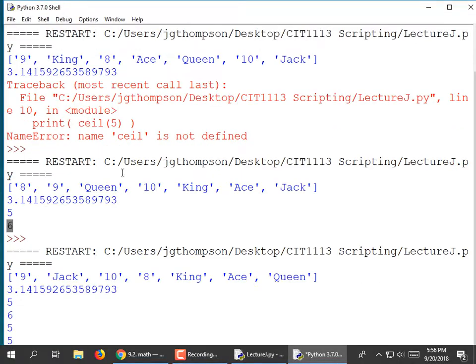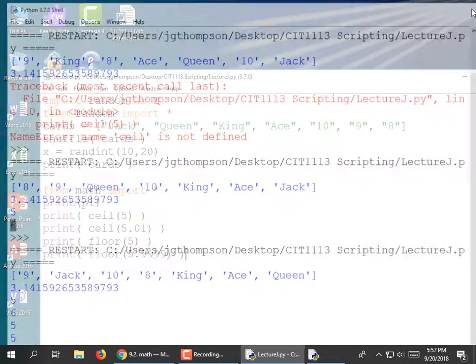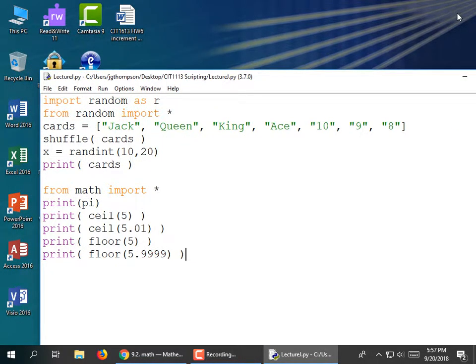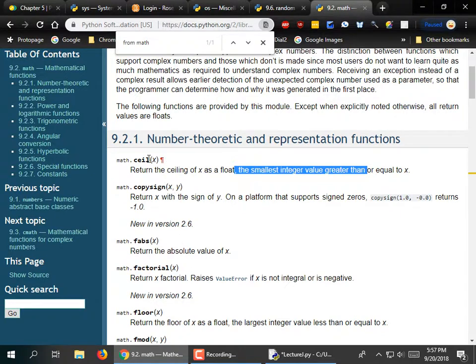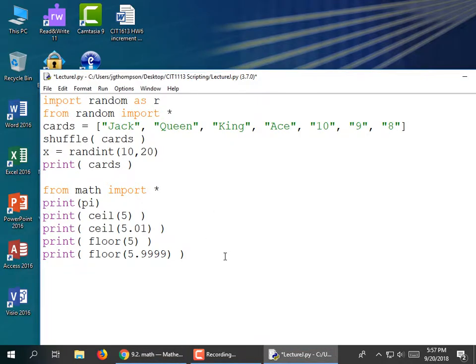So floor rounds down, ceiling rounds up, and then there's just a flat-out round function, which does what we normally believe, right? 4.6 would round up to 5, 4.4 would round down. And it's kind of nice because you can specify how many digits you want it rounded to. I don't think ceiling does anything of the sort where you can pass in 2 different values. No, but round can. So like if we have pi,